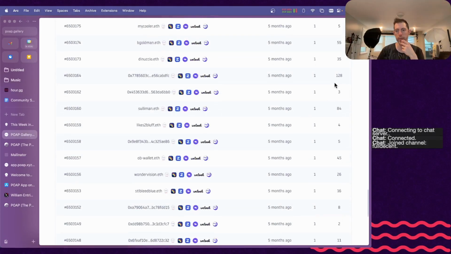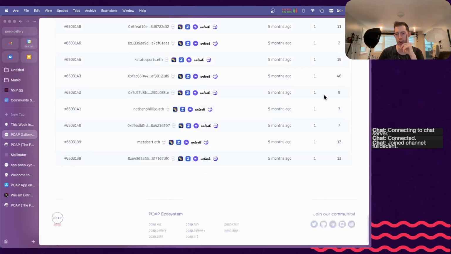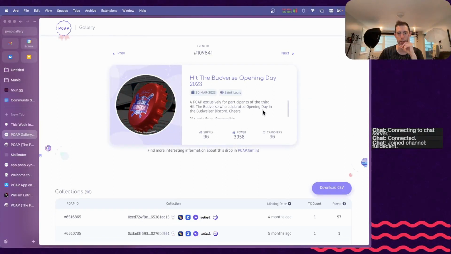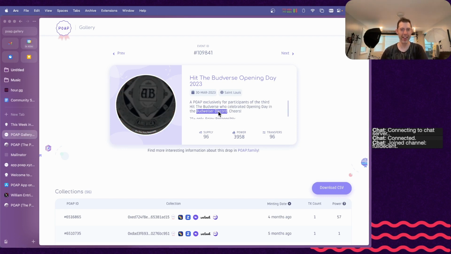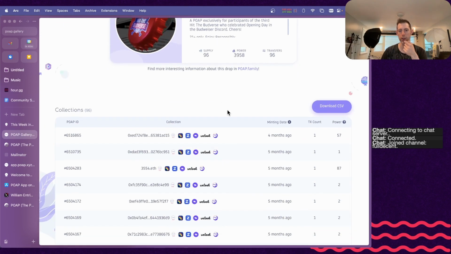And the people that received them had a high power. So a lot of these people that got them, well, you see what's going on here. A lot of people that got them have like 100 POAPs. And if you read the description here, it's people that were in the Discord channel. So do you get what's going on? They announced somewhere that it's on Discord, and then all the people that already have POAPs, whether they care or not about Budweiser, probably got dropped as a link into the POAP Discord. And someone's like, okay, here's the free POAP. Everybody show up. They all click the link, and then they got it. So it's not so much brand engagement from people that are a fan of Budweiser, the Budverse opening day. It's more people that are in the POAP Discord that are just looking to sweep up a thing.